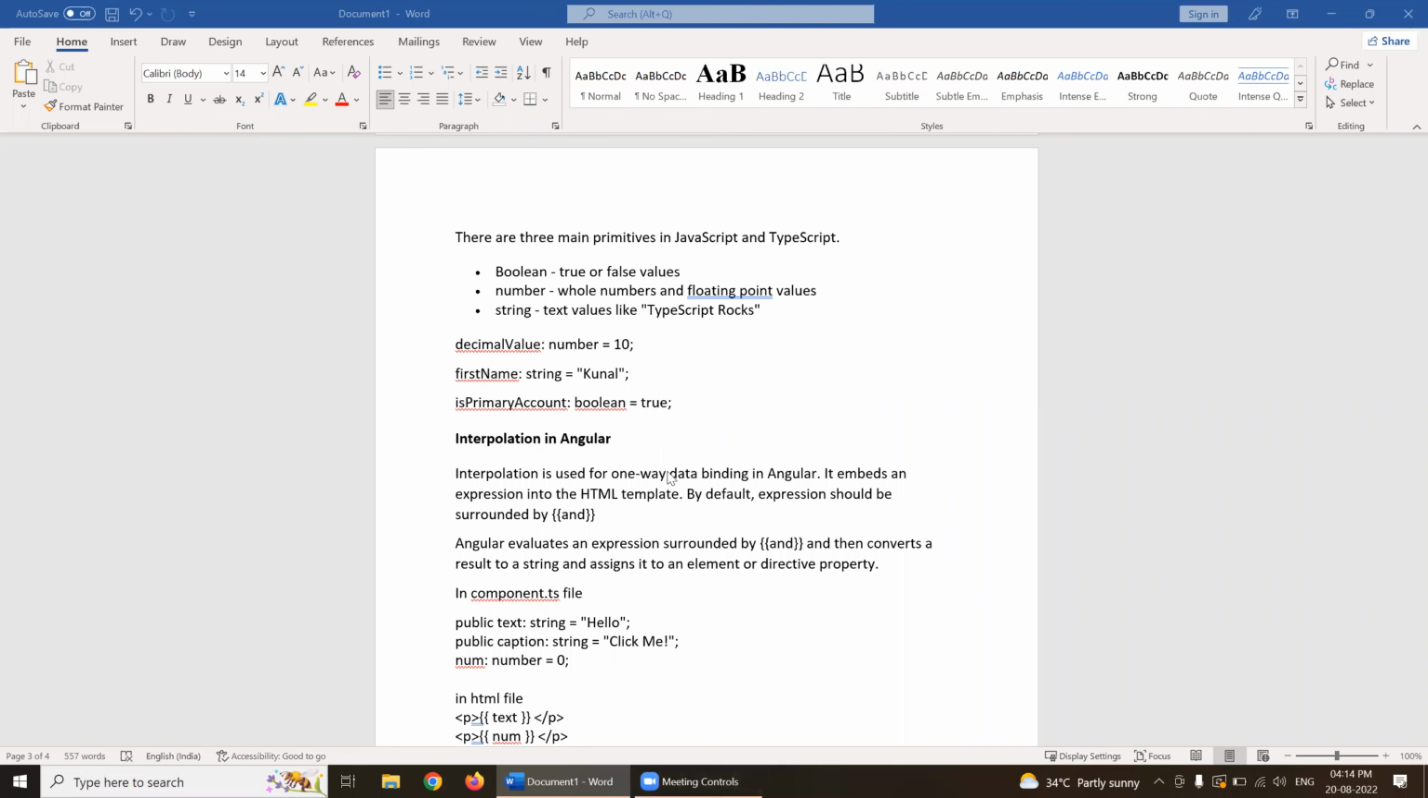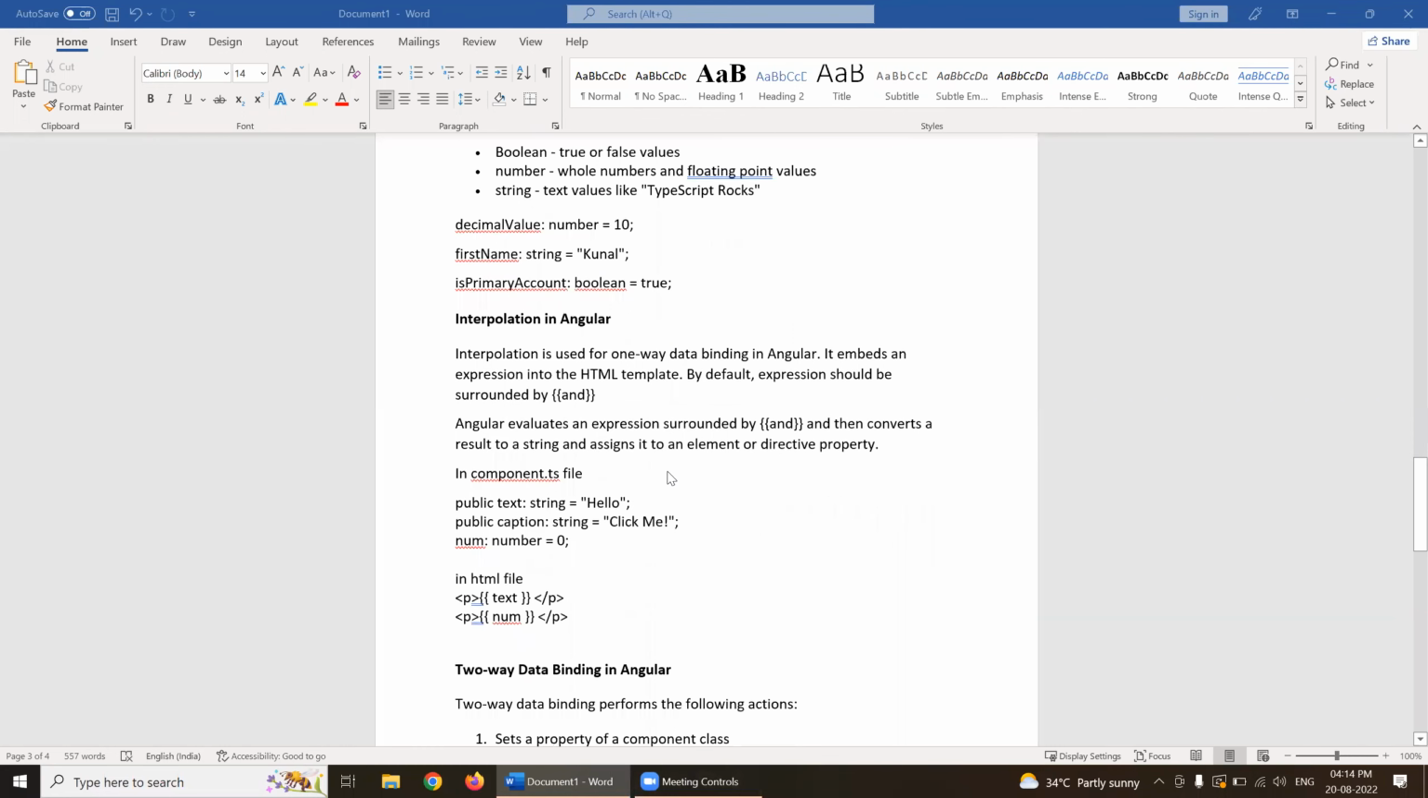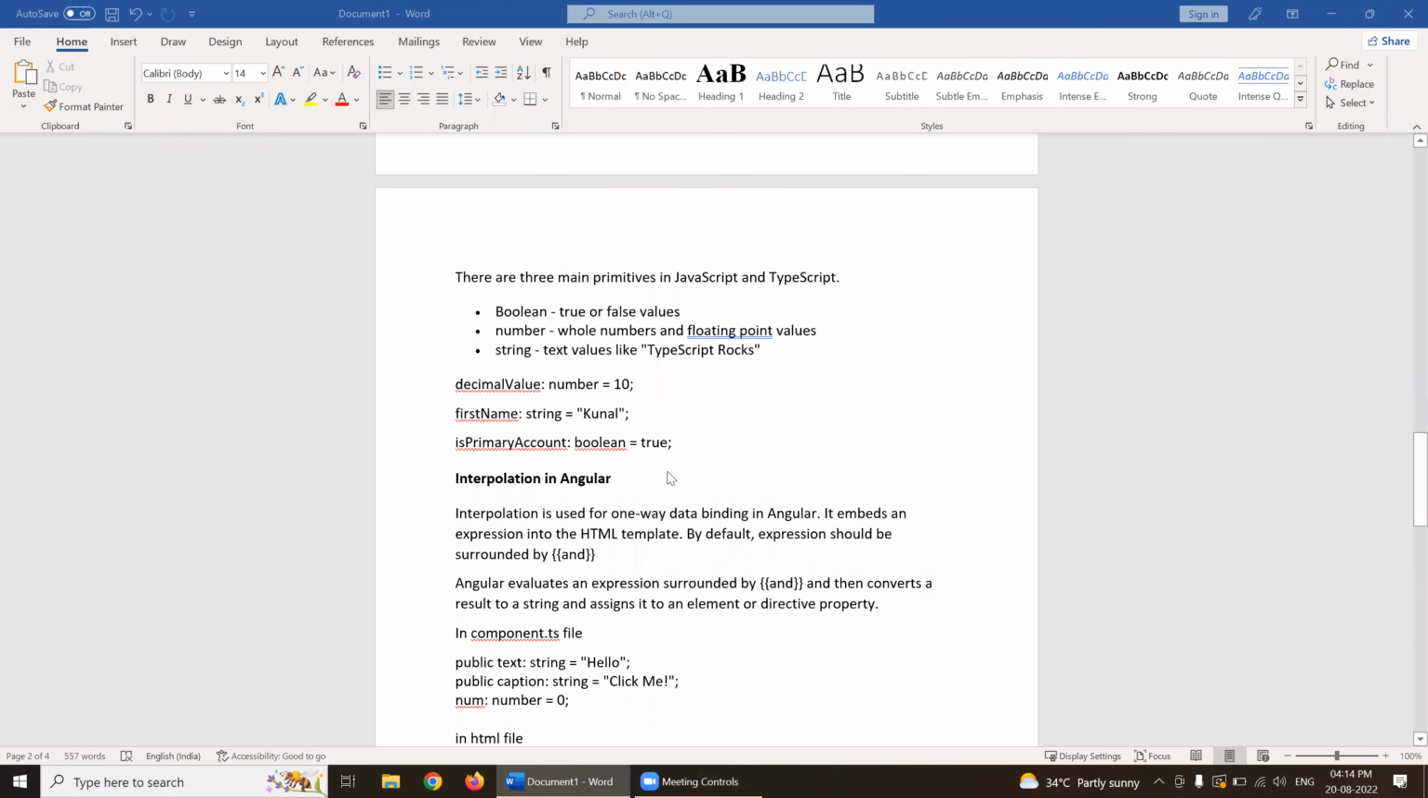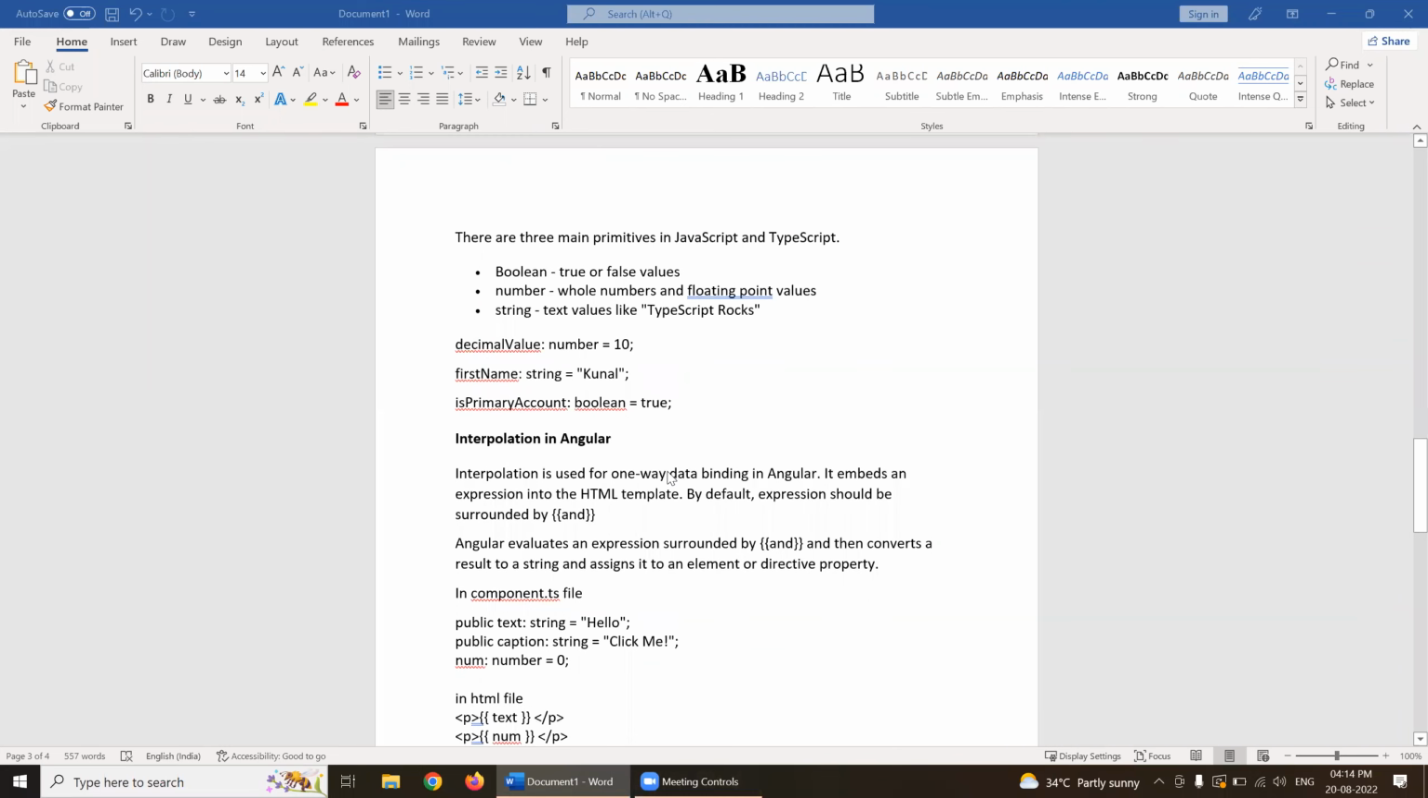Yeah, today we will discuss Angular interpolation and two-way data binding. This is how we assign values, get the data and modify the data by using interpolation and two-way data binding. Before going to interpolation and two-way data binding, I will discuss a few basic data